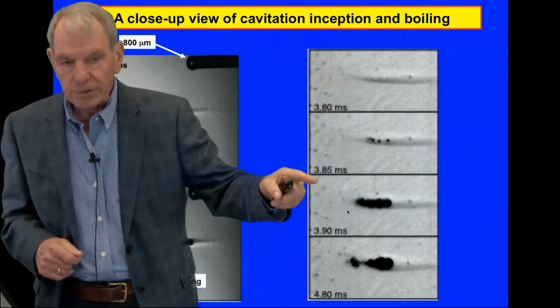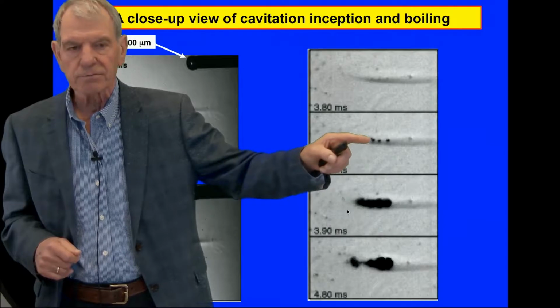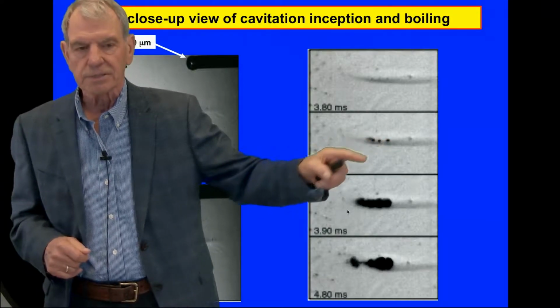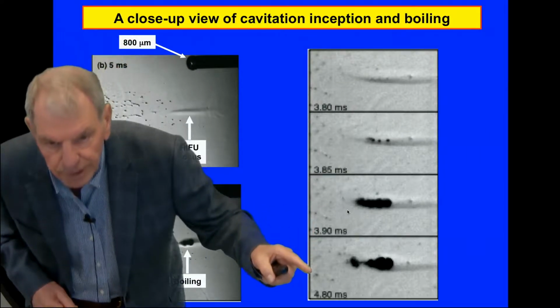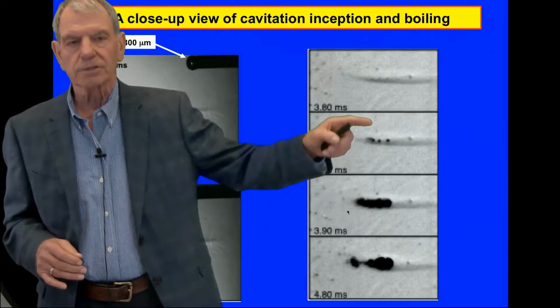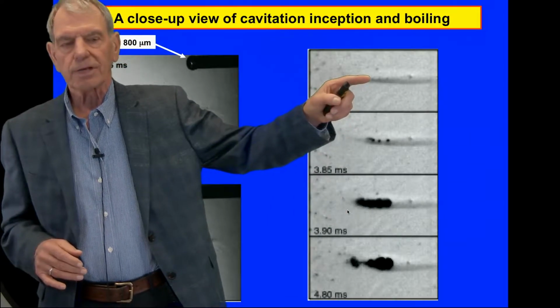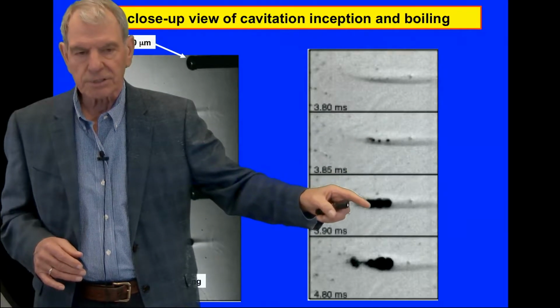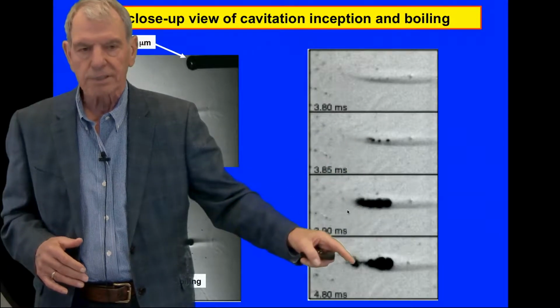And then at 3.85, 5/100ths of a millisecond longer, you get individual cavitation events, and then at 3.9, another 5/100ths of a millisecond, you get boiling. So you see that you're heating the tissue, you get cavitation, and then the cavitation initiates boiling, and so one